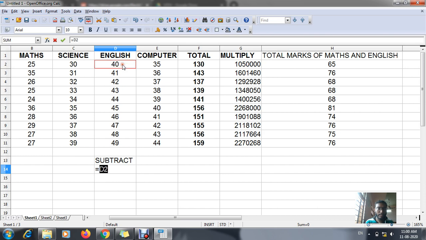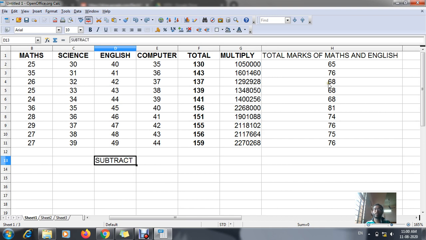I will select the cells English minus science, then give enter: 10, that means 40 minus 30 is equal to 10. The same process I want to do, but one more thing, right now I am not having that particular cell, that means I am not having roll numbers over here, that's why I am not getting the value.